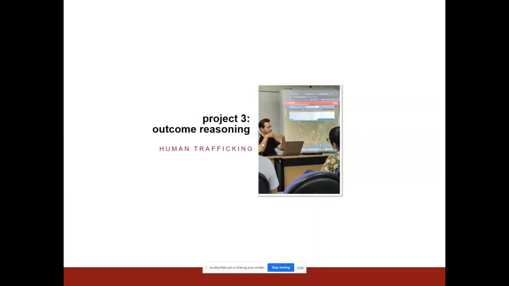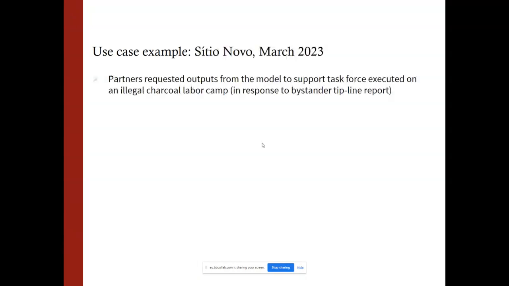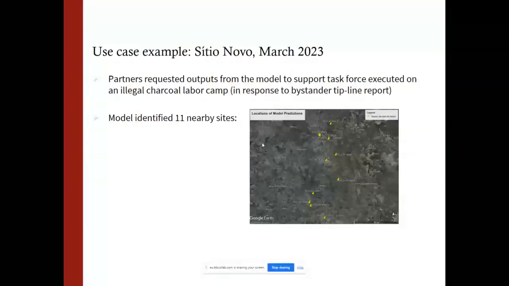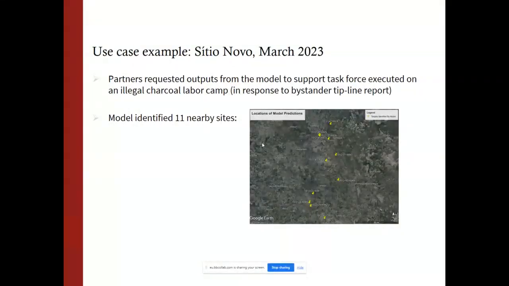And let's talk about this third one. So this is the human trafficking. When we were warming up for that, going into the real world part of it, we handed over 11 locations to the federal prosecutors and said, how about you, sitting at your desks, evaluate these as if they were tips and see what you would do. They went through their desk evaluations of these 11 sites that our algorithm proposed, and they convinced themselves that 4 were active, 2 they weren't quite sure about, and 5 were false positives.